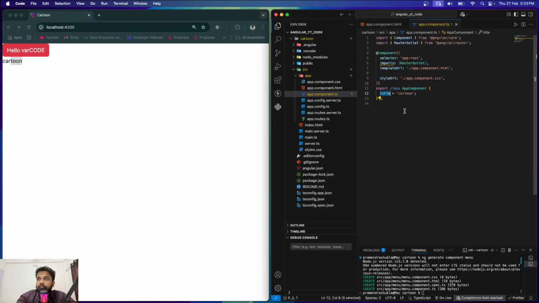Interpolation will come into the picture whenever you are implementing any API inside this file and you want the data of that API to be displayed on the HTML component. So we are going to use interpolation. Now the interpolation part is completed. I want